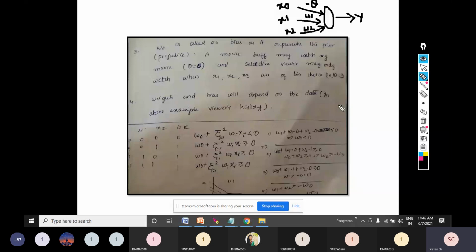If you observe here, the truth table of the OR gate: 0 0, when both inputs are zeros, output should be 0. In all remaining cases, output should be 1. Means my perceptron should generate output 1 if any one of the inputs x1 and x2 is 1, right? So we tried to substitute those values in this formula. W naught is a default thing added to every perceptron, so it is a mandatory input.